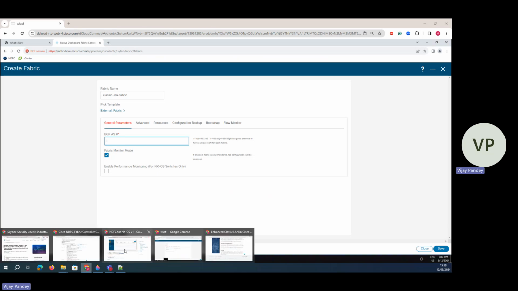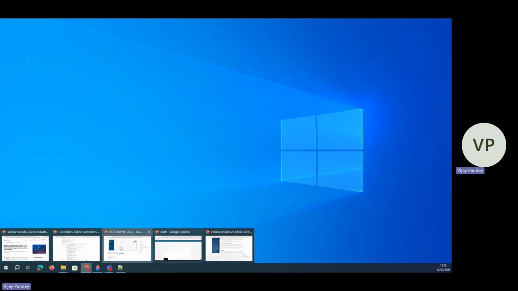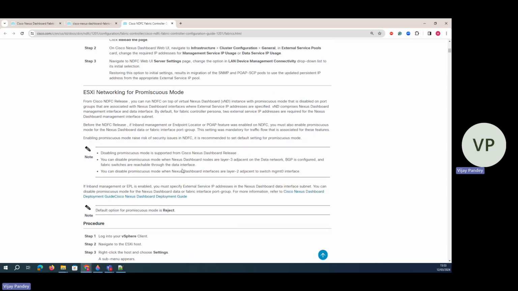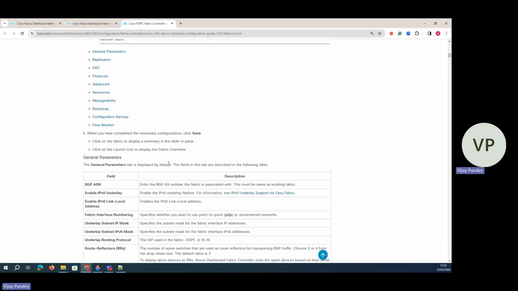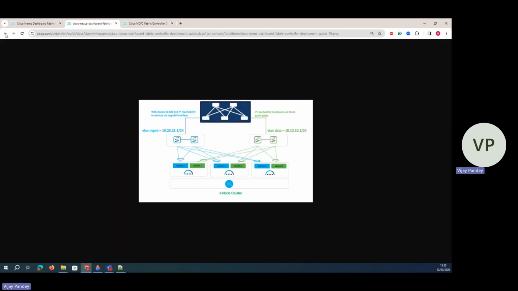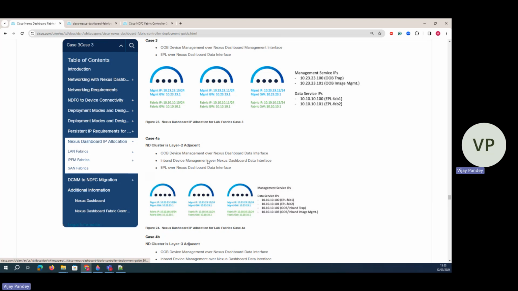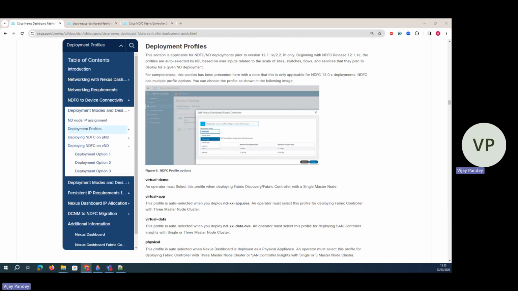BGP parameters for what? There are two types of communication which these devices use. Okay, what are these two types? First is the layer 2 mode, and then the layer 3 mode. Either you connect your device with the Nexus and all the devices with layer 2 reachability or layer 3 reachability. So let me show where exactly I have